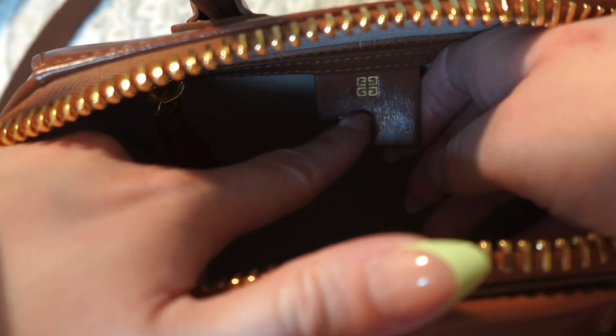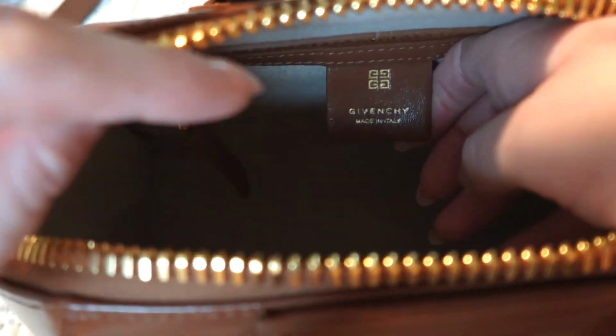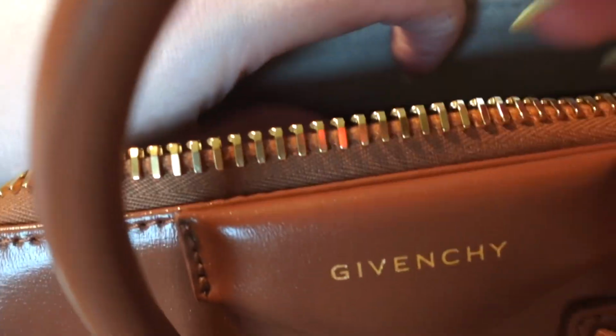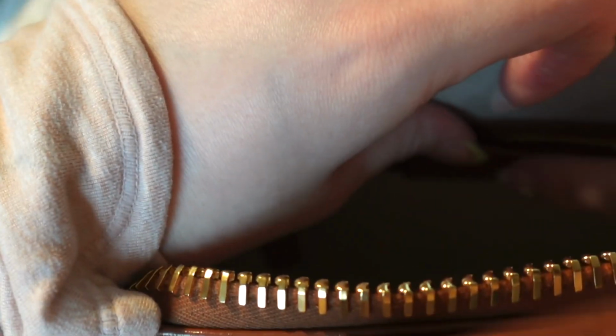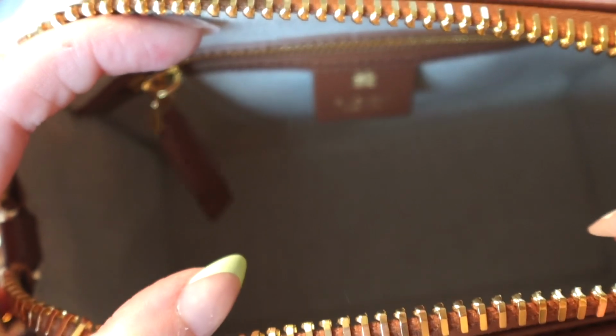It didn't have this little design on it, and when you flip it on the back, it might be difficult for you guys to see with how stiff the bag is. There is a date code on this back part of this flap. So that's one of the main differences that I do see,